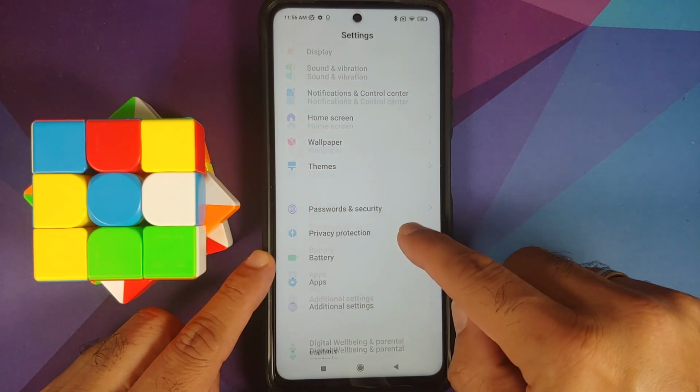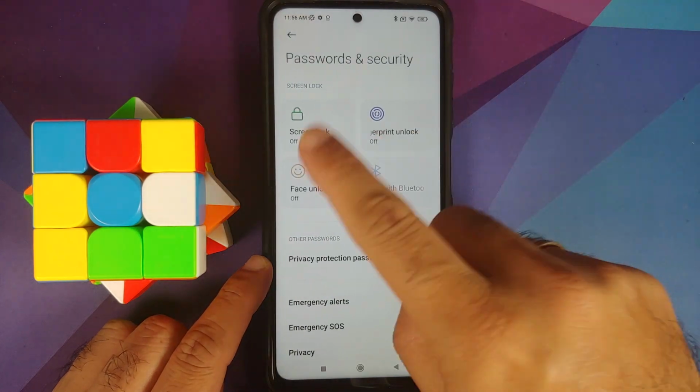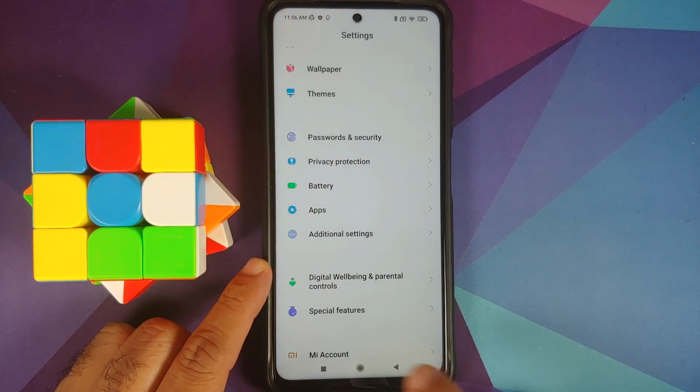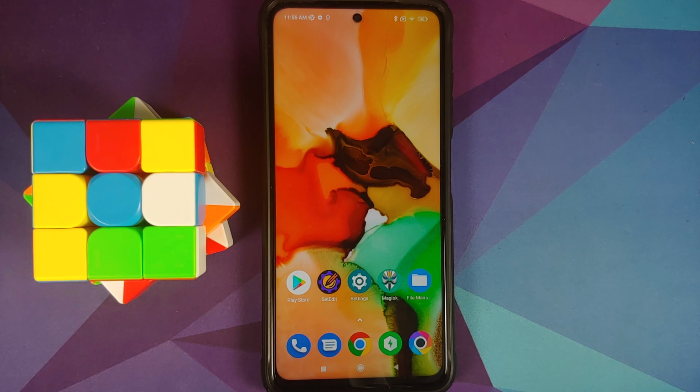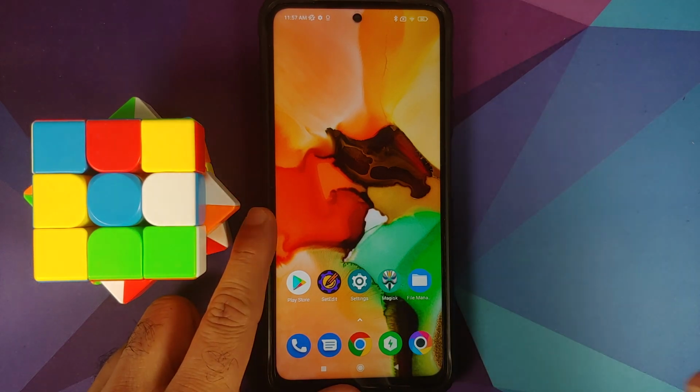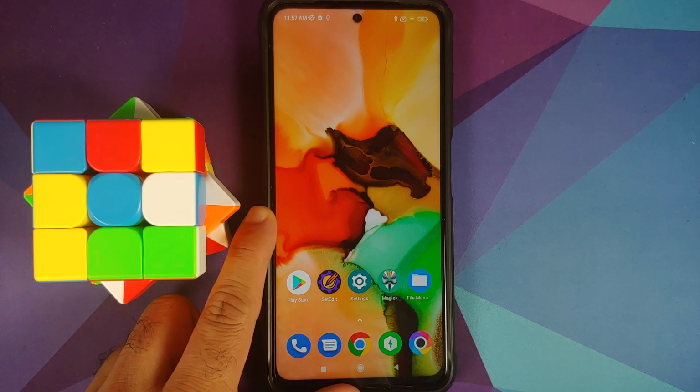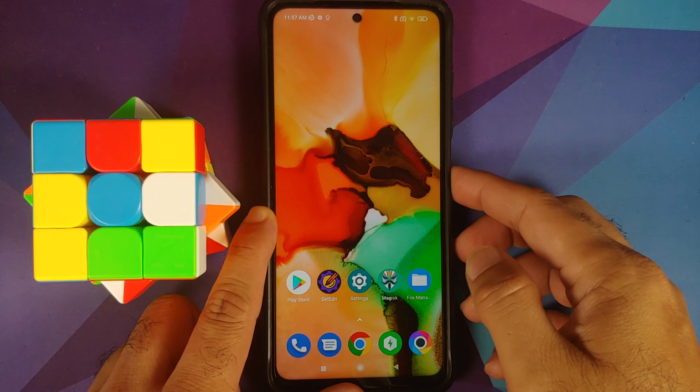First of all, go into settings, password and security, and remove your screen lock, fingerprint and face unlock. Once that is done, reboot your device once. Why are we removing the security measures? We are doing this because we are changing our recovery, and in case you have any encryption issues, if your device is encrypted, you won't be locked out of your TWRP recovery in case you have to roll back to the older build. That is the only reason, and you can of course add your accounts and security measures back once you have installed it successfully.